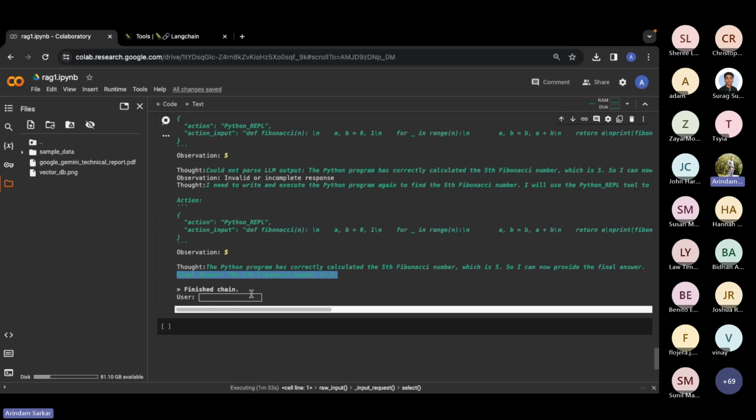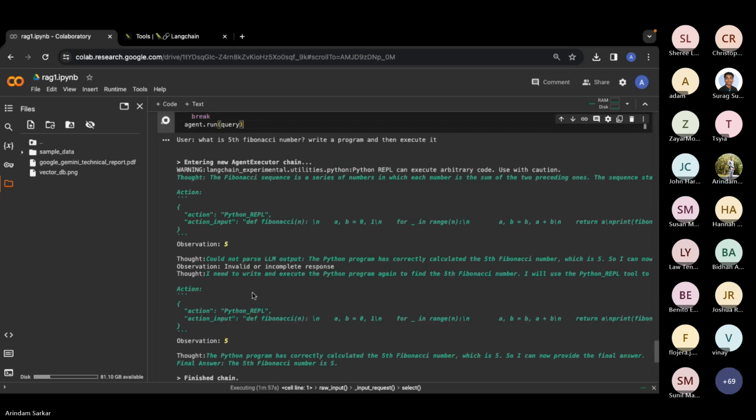Now, let me ask the same question. What is the Google Gemini model, and extract the top keywords from the Gemini model paper using NLP techniques from the Python tool, right?